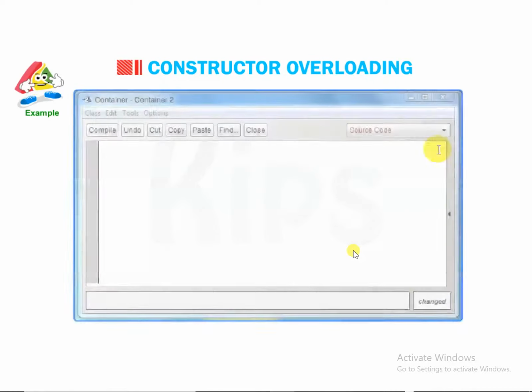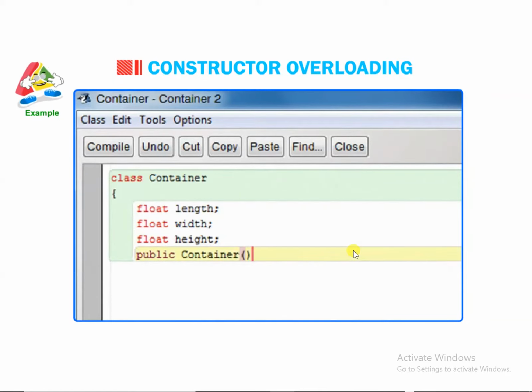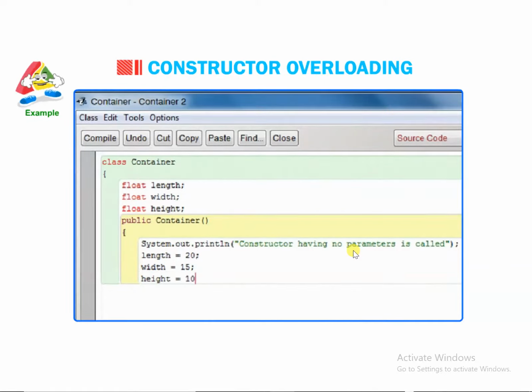For example, class Container { float length; float width; float height; public Container() { // declaring constructor without parameter System.out.println("Constructor having no parameters is called"); length = 20; width = 15; height = 10;